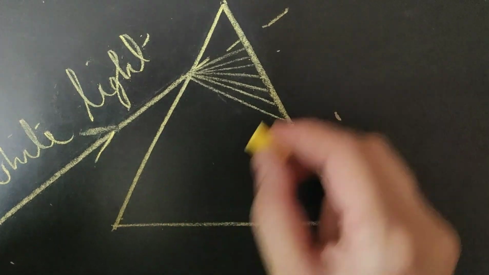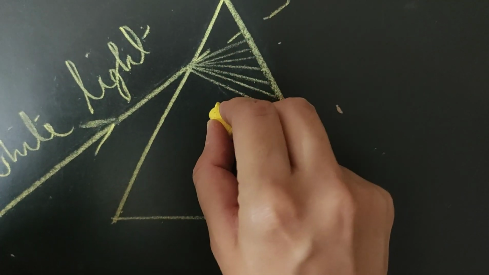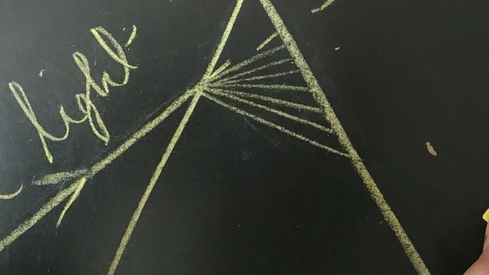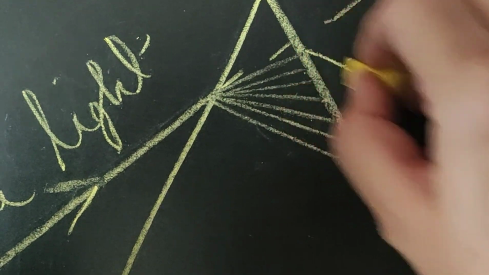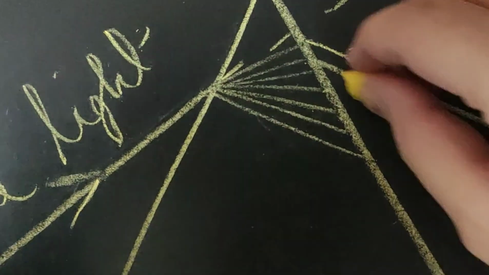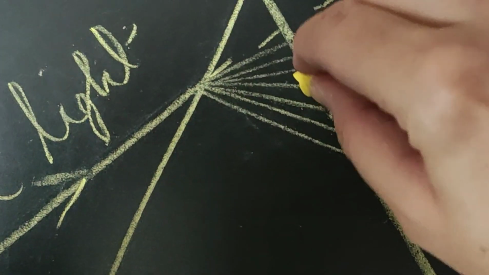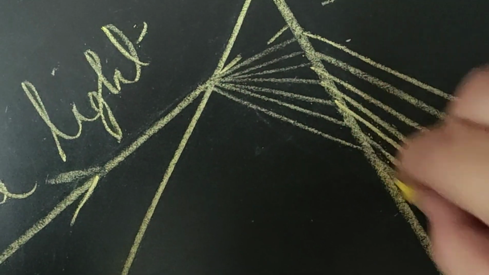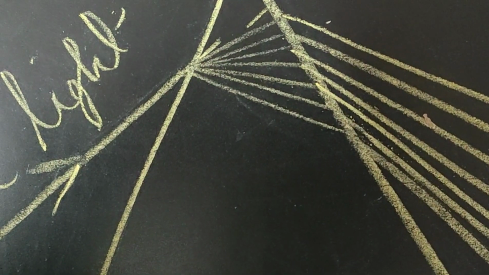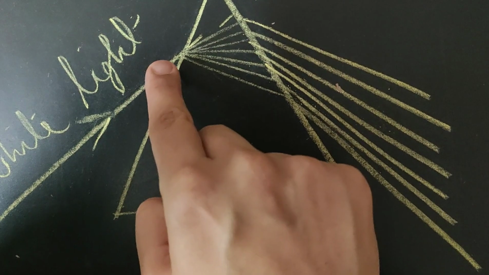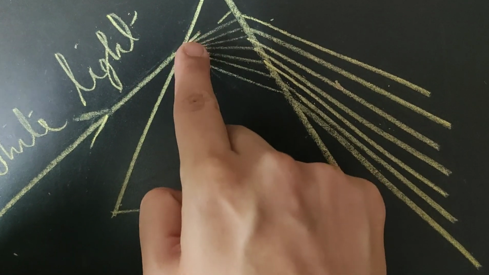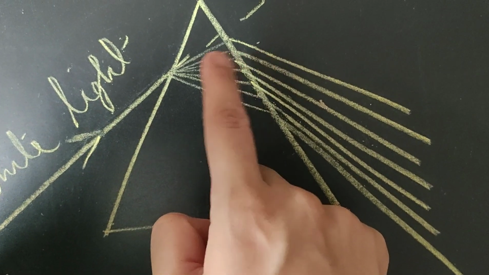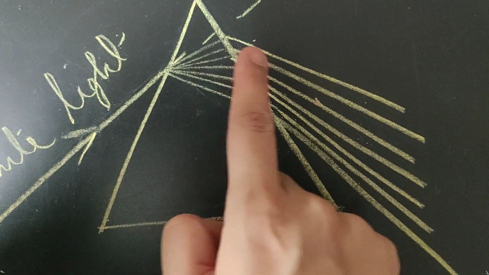Seven component colors, and when these 7 colors will move out of this denser medium to this rarer medium, they again bend away from the normal, and we obtain a band of these 7 colors on a screen placed next to the prism. You will have to show the bending in this manner only. When the light is entering the rarer to the denser medium, it will bend towards the normal, and when it goes out of this denser medium to the rarer medium, it should be seen bending away from the normal.